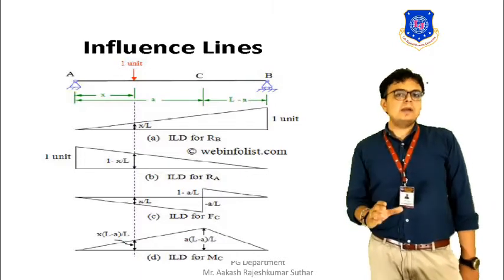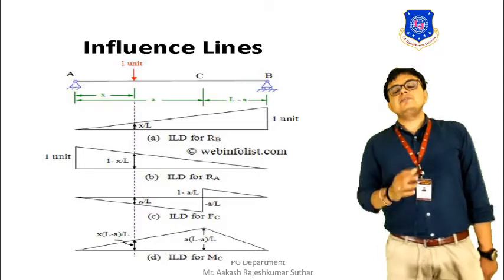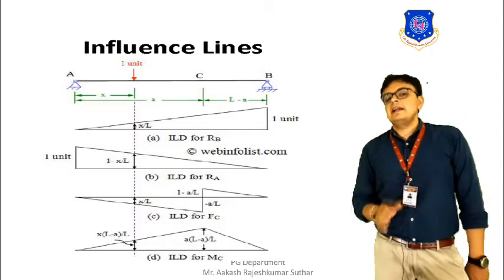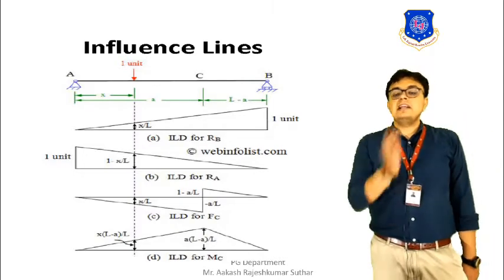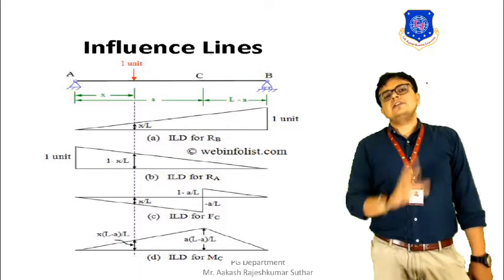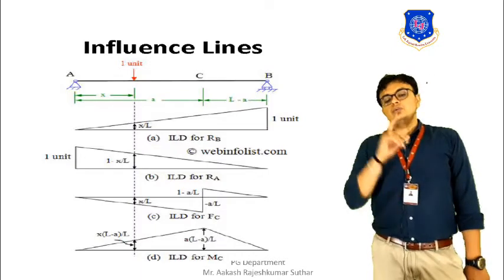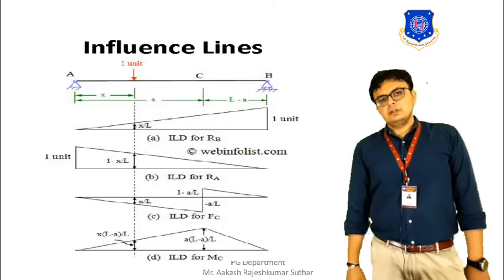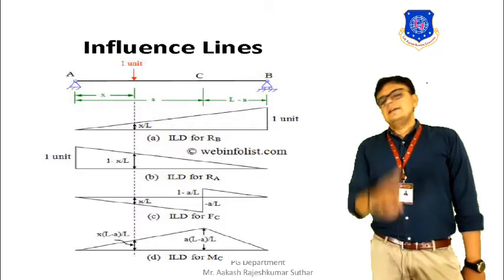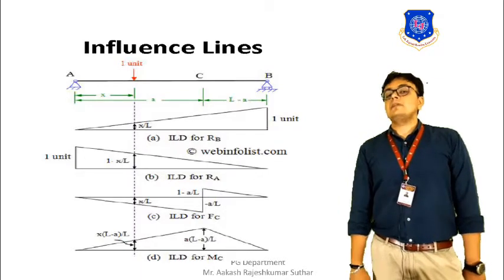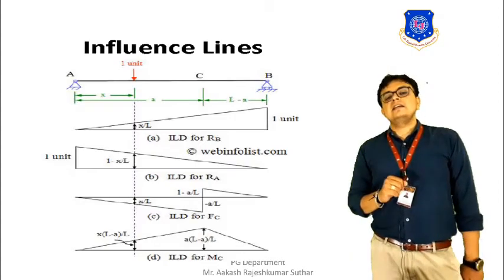L is the overall span, A is the point at which we need the bending moment, and X is the distance from the left, the particular reference point from which the unit load is acting. So, in this way you can prepare the shear force and the bending moment diagram using the influence line